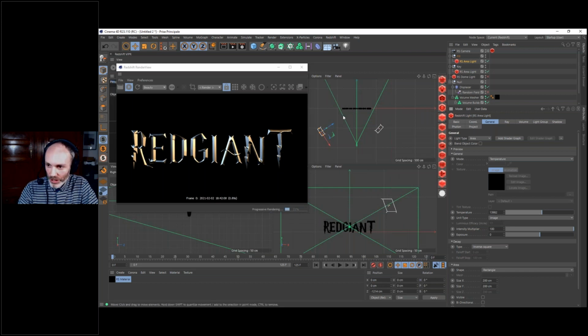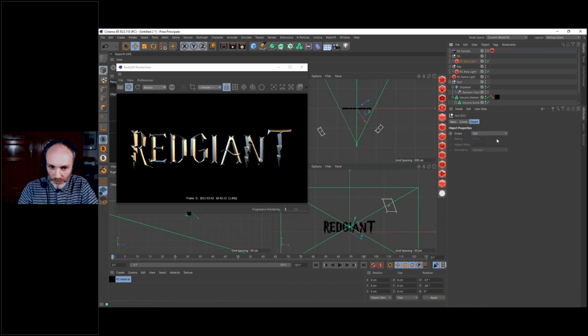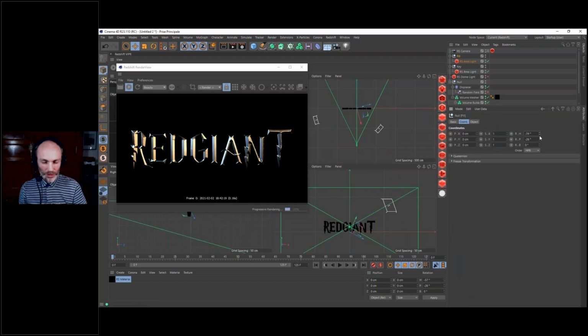So now if I change the orientation on my null object, I'm going to create the mood of my scene and give the sense of direction of the light by just tweaking those lights.